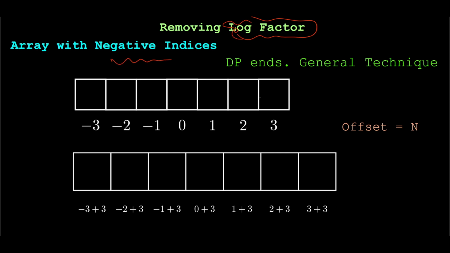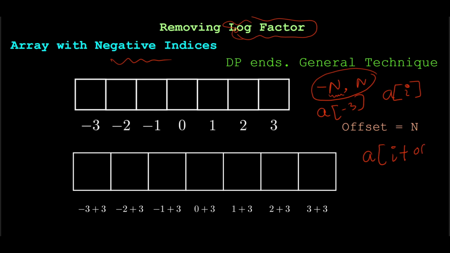To handle negative indices, realize that the score can only vary from -n to n. So instead of accessing array of -3, why don't we add an offset to each of these scores? That is, every time we want to access a of I, let us access a of I plus offset, and let us define offset big enough such that it reduces all the negative indices and brings it down to